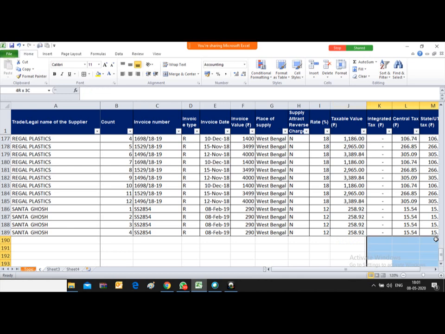And there is one summation formula available in the Home tab, AutoSum. Just click over here in the Home tab, and again you will get this.